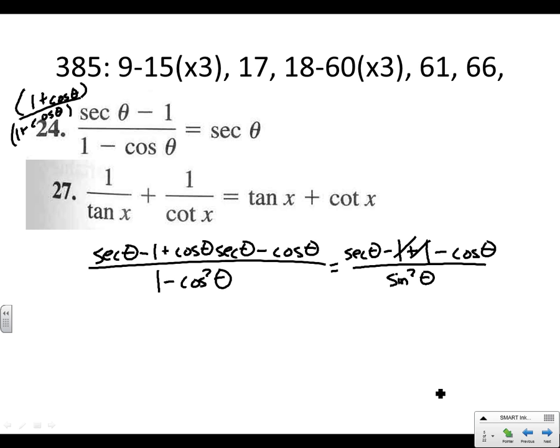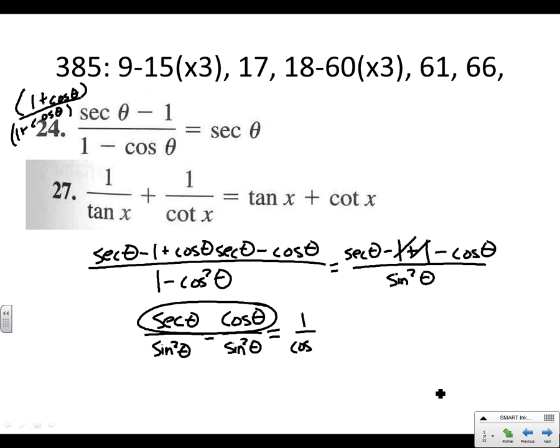So let's write this out. We can split up our fractions as secant over sine squared minus cosine over sine squared. And at this point, it's a matter of cleaning up a whole bunch of signs. So it's going to get a little messy. Algebra-wise, secant is 1 over cos. And then we've got, I'm just going to look at the numerator here, minus cos